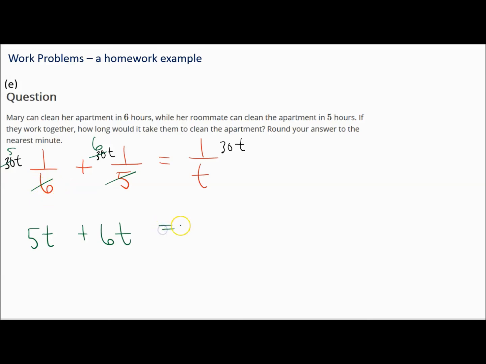Now on the right hand side of the equal sign, the T's cancel, and I have 1 times 30 is 30. Now I add my like terms on the left. 5T plus 6T is 11T equals 30. To solve for T, I divide each side by 11. That's going to give me an answer of T is equal to 30 divided by 11. But fact is, they don't want to know 30 divided by 11. They want to know,